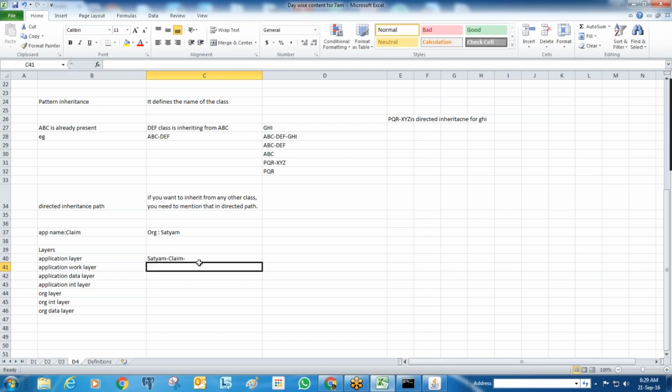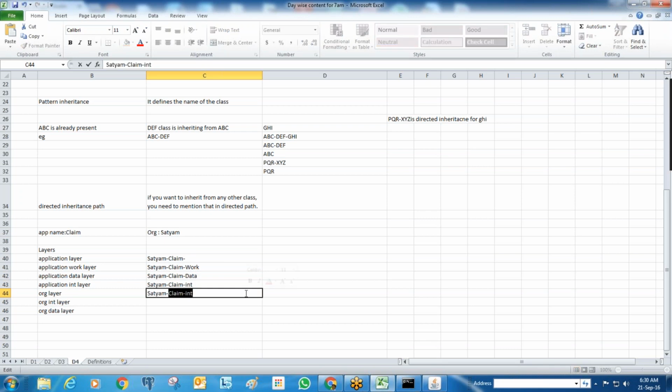Let me write all the things, then you will get to know. This is work. This is the data layer. This is the integration layer.